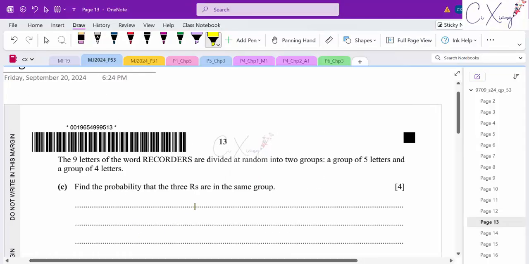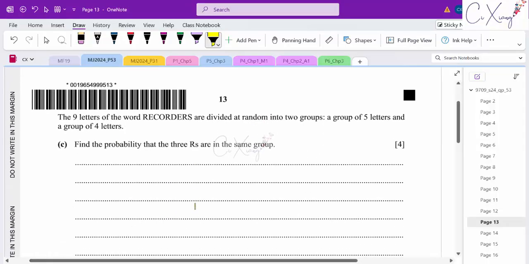Okay, so for part C, the 9 letters of the word RECORDERS are divided into 2 groups. There are 5 letters and also 4 letters. Find the probability, highlight the keyword probability, that the 3 R's are in the same group. Okay, so when you want to arrange something into different groups, the sequence is not important. Therefore, when you have the word divided into a few groups or whatsoever, they actually give us a hint that this is a combination question,